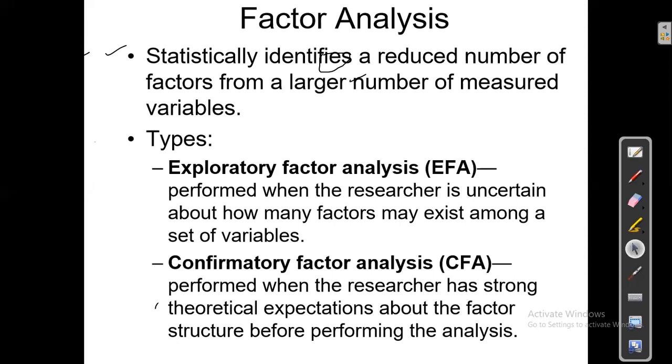ये proxy का word आप बहुत use करते हैं research में. So what researchers do, they ask questions on various household assets. Like, do you have a television in your house? Do you have electricity in your house? Do you have this thing or that thing in your house or not, right? What is the structure of your house? Do you have a toilet in your house, and so on and so forth? So you ask questions about different household assets, and then you say that after asking something like 20 or 25 questions on household assets,